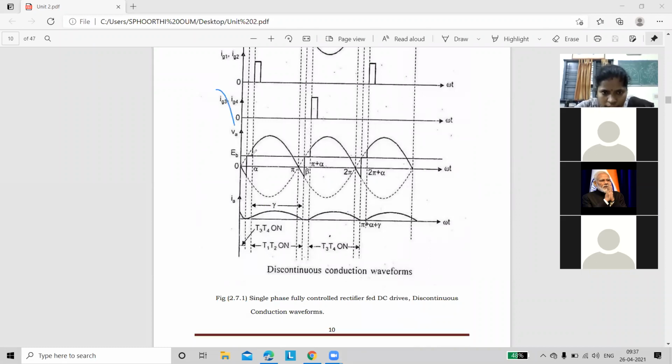Here, listen. It is your firing angle. Is it right? Approximately, I am saying that your firing angle is this 90, and this is 60, nearly 30. Now, I am decreasing the firing angle further, just up to beta. It is our firing angle. Now, what happens to your waveforms?